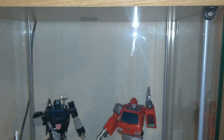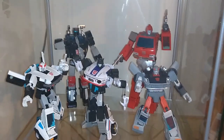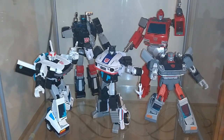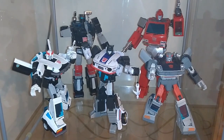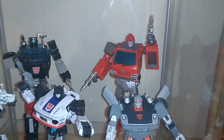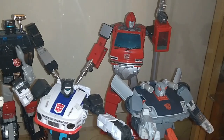Moving down, this is where you can really see the changes. If you look at my previous video, this is a lot less cluttered now. You can see I've got the Datsun twins at the front there, Prowl and Blue Streak, along with the Make Toys Downbeat version of Jazz, along with good old Ironhide MP27 with the Shadow Fisher upgrade kit there to get rid of